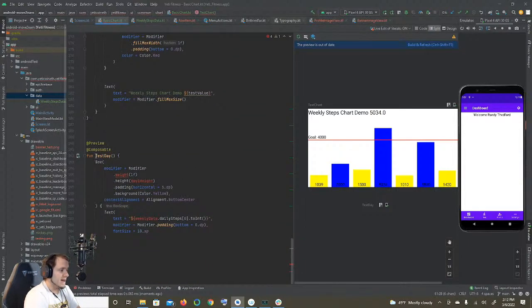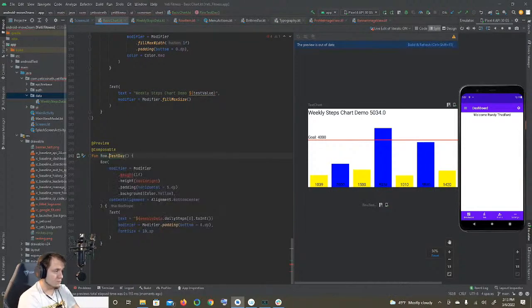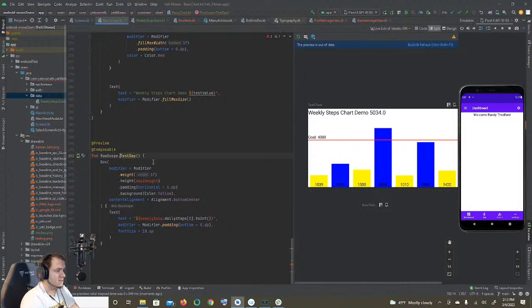The way you fix that is you make an extension function called row. No, not keyboard row. RowScope.TestDay. And so now this is basically saying, hey, this test day is going to live inside of a row. And that way it has access to the weight. It doesn't know what height is yet. So for now,